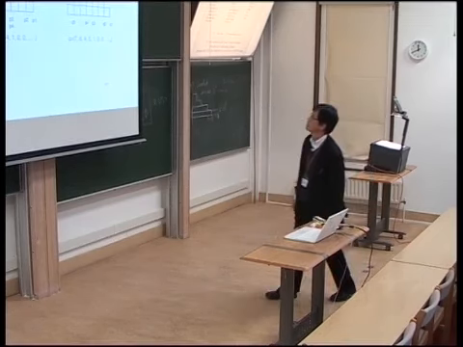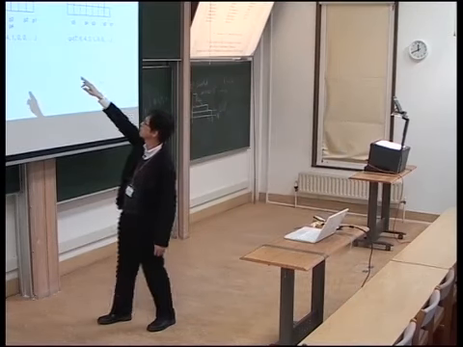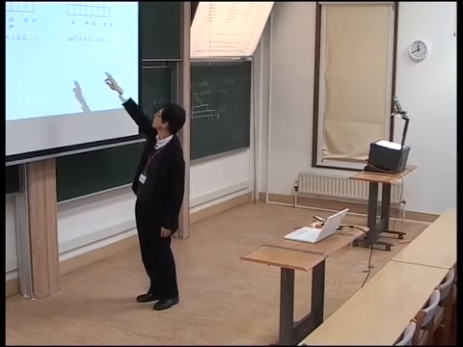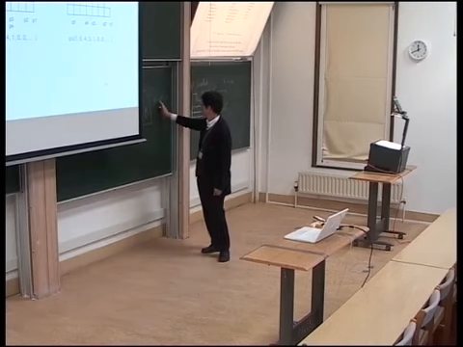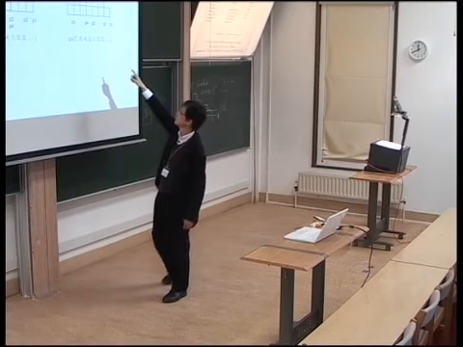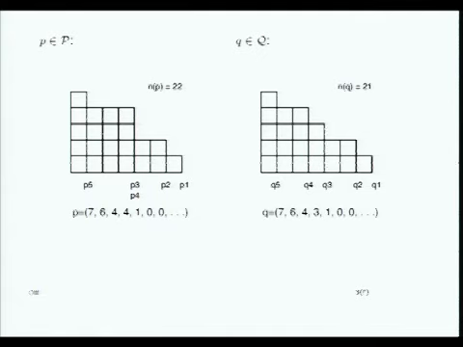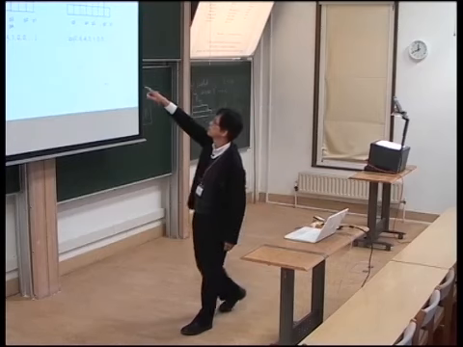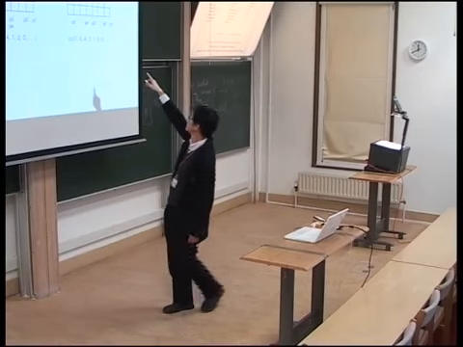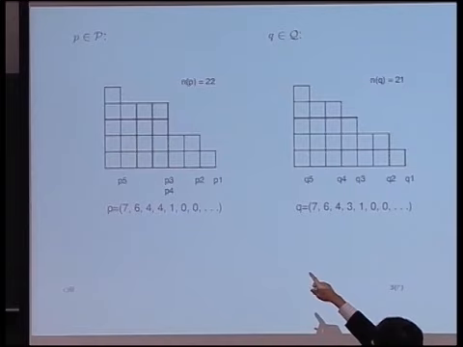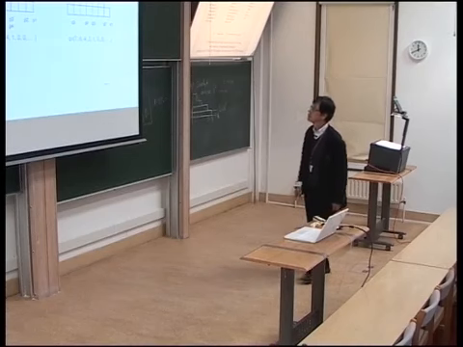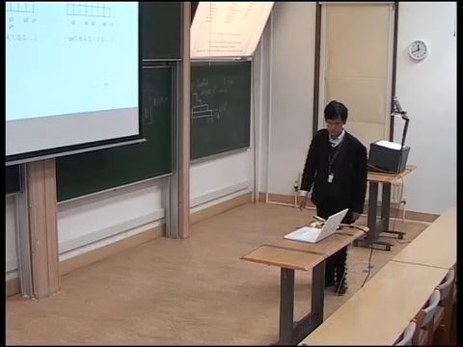In this case p3 equals p4, but for q, the q_i are not equal. Therefore, p3 and q4 are slightly different. So I just remove one square over there. The area of this Young diagram is 22. This one, you see, I removed just one square, therefore the area is 21. So this is the definition of the Young diagrams.